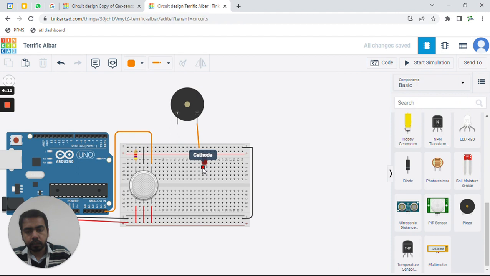So connect the ground of the buzzer with the ground, connect the ground of the LED with the ground, and connect the positive of the LED with the pin you want to connect.